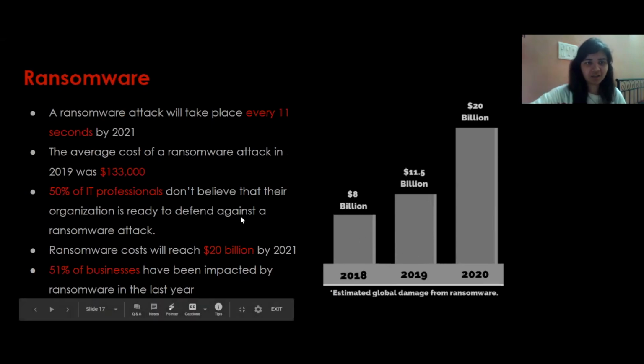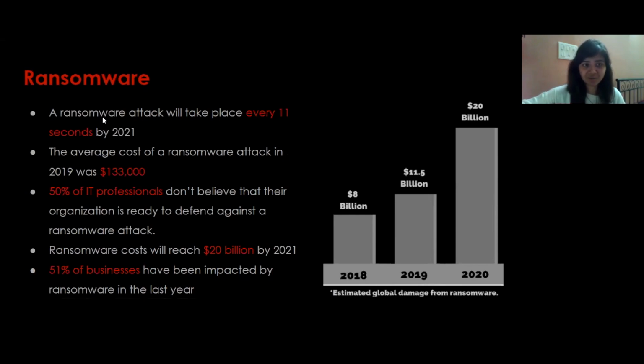As you can see in the slide, every 11 seconds a ransomware attack is predicted, where somewhere some company is going to lose their files. They're going to lose their access to their data, and they have to pay a heavy fine to get the decryption key. And so, how do we prevent it?